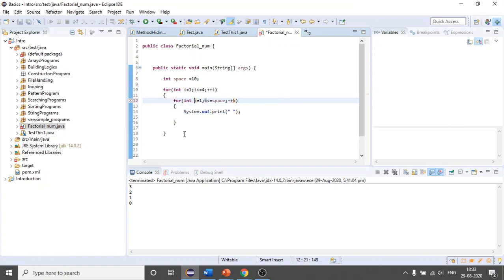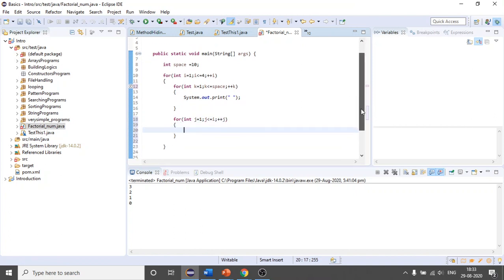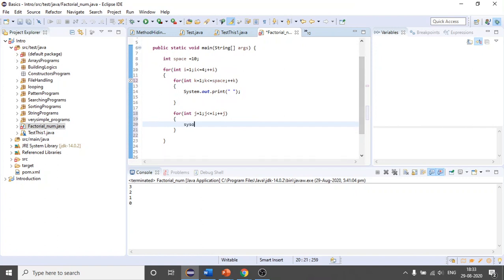Then suppose I am running another loop for integer j equals 1, j less than or equal to i, j plus plus, and I will print 1 star. I am again removing ln from here, otherwise it will change my line.